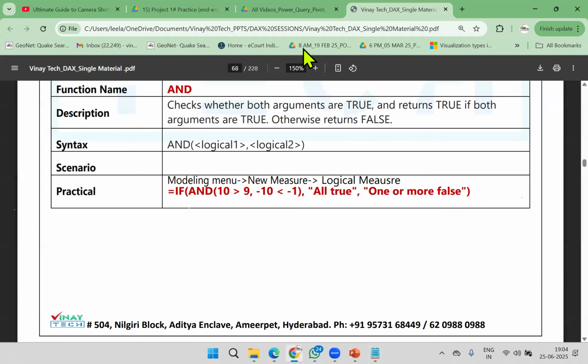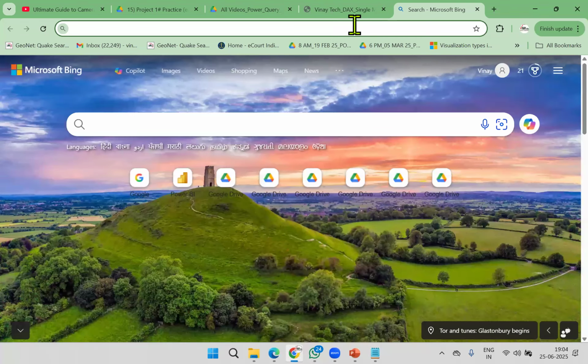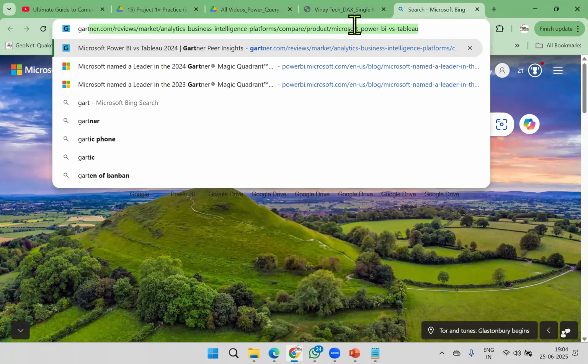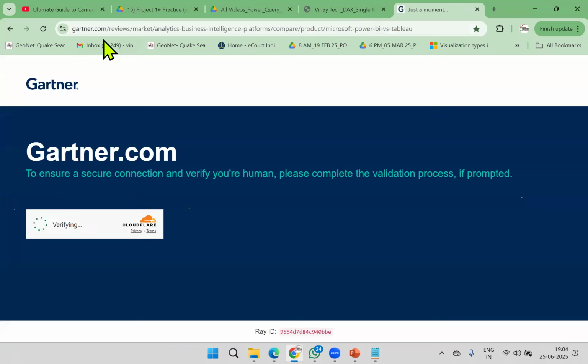You want to verify? Let me show you quickly. Gartner.